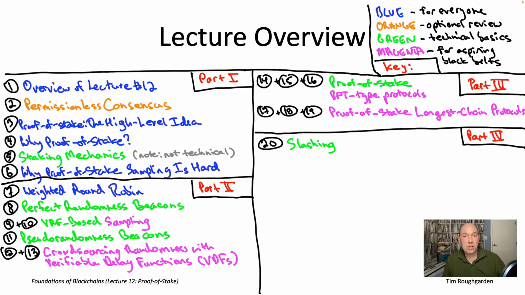We actually mentioned slashing briefly when we foreshadowed video number 4, the motivations for proof of stake. You might remember back then we mentioned 3 reasons. There's the environmental reason, there were performance reasons around finality and latency, and then there was the security reason, which was the possibility of doing slashing, something which would seem to be unavailable in a proof of work protocol. So video 20 is the deep dive on slashing, both slashing done in an ad hoc way via hard forks, or in-protocol programmatic slashing,